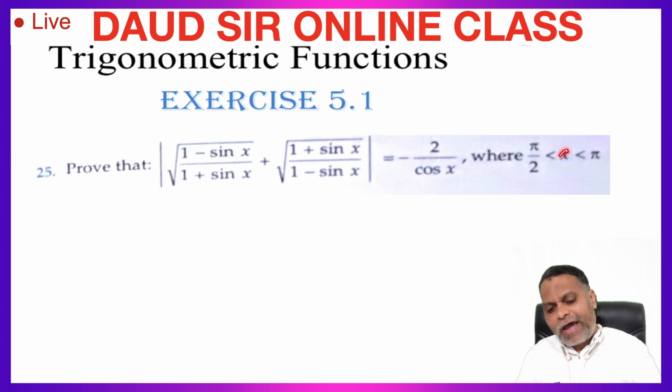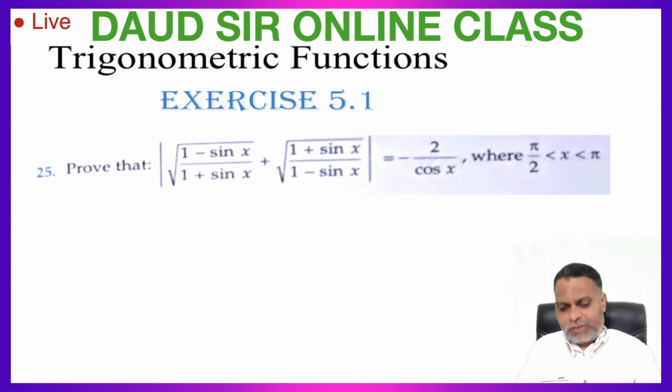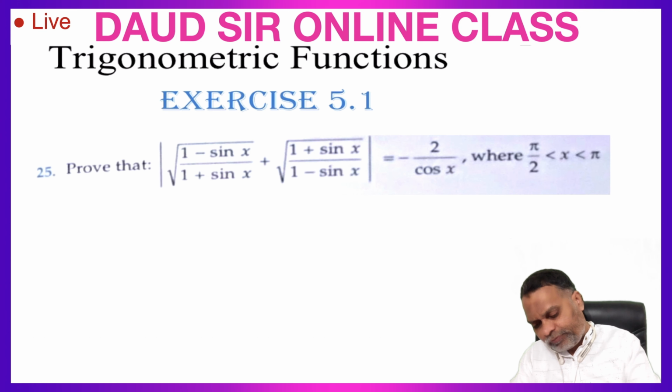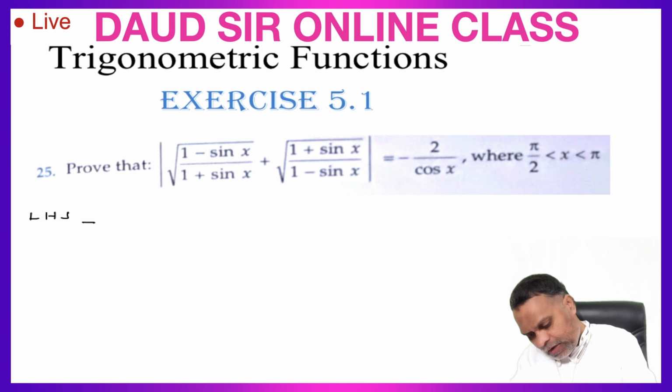Here x is given in the second quadrant, greater than 90 but less than 180. So we will use the concept of quadrants, which trigonometrical ratios are positive and which are negative. We will apply this here also. For proving this, just take the left hand side. Taking LHS is equal to